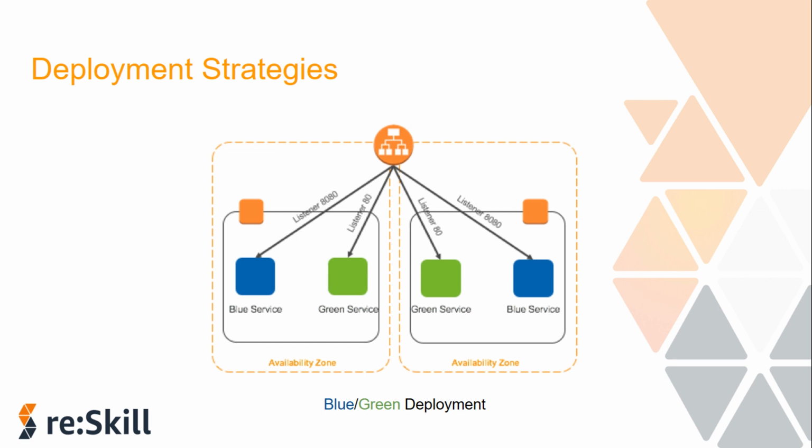The deployment processes that you choose to update your application can depend on your desired balance of control, speed, cost, risk tolerance, etc. Each AWS deployment service supports a number of deployment strategies, out of which the most common ones I'll be telling you here. First is a blue-green deployment strategy.